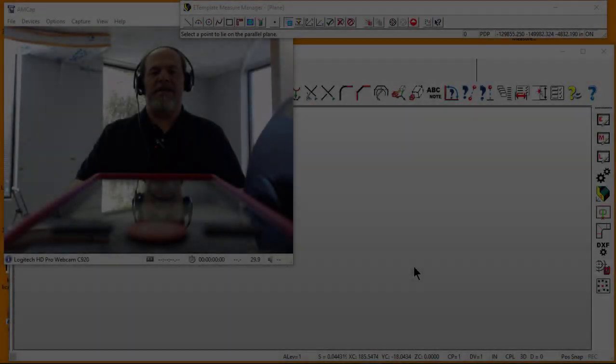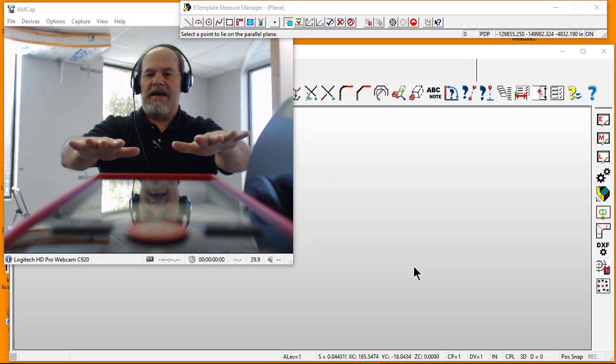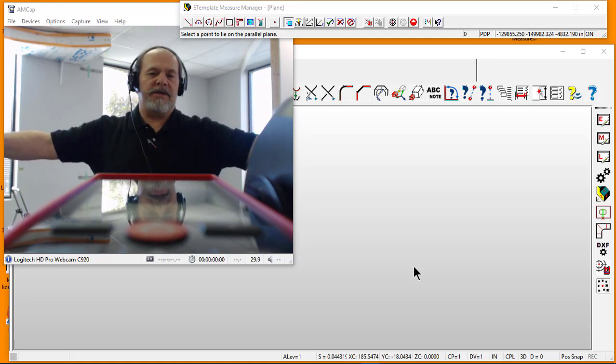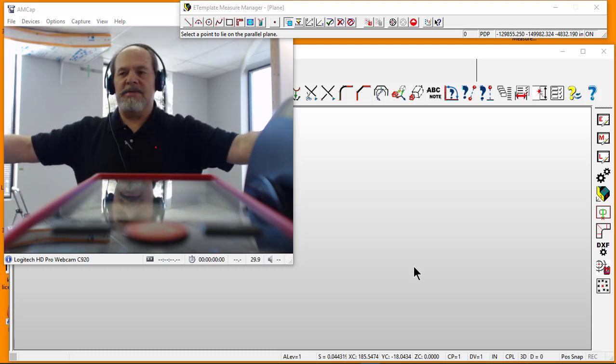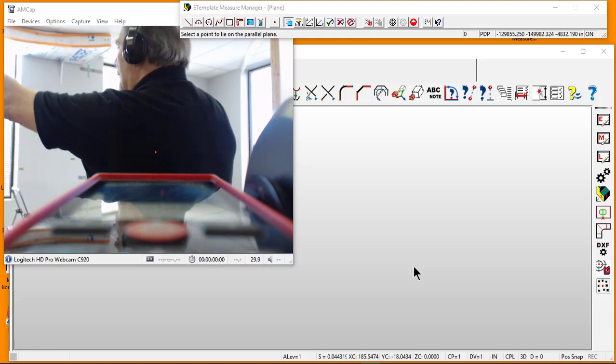When we establish the initial construction plane for the S910 laser, we're creating it at its eye level. So right around here in the room, parallel to the floor, it creates a construction plane. Now it doesn't know where to look. So what we do is we set the x-axis, and that makes the x-axis become the top of our screen